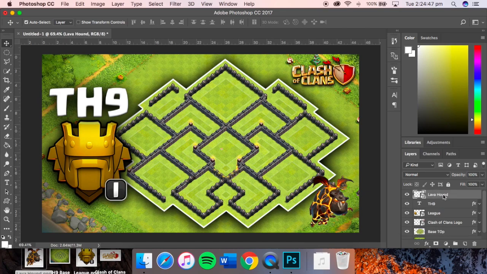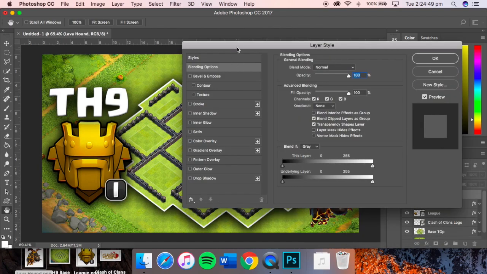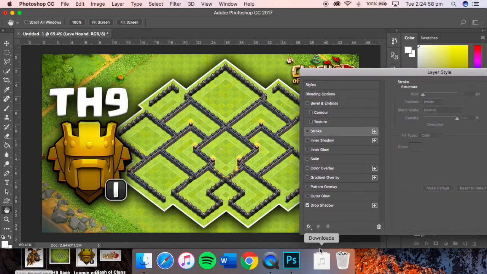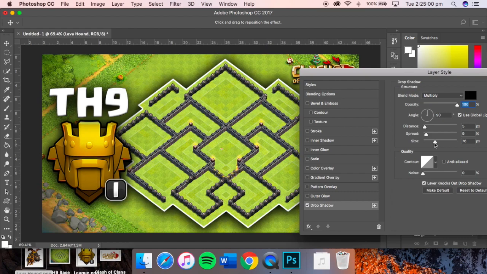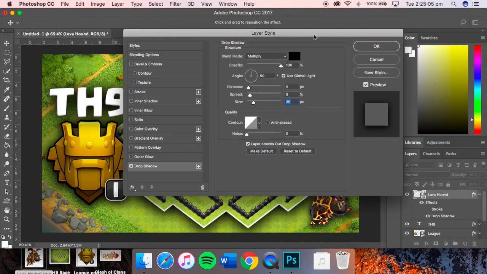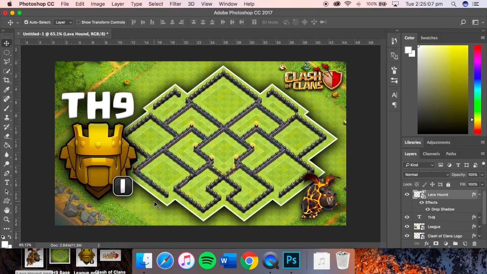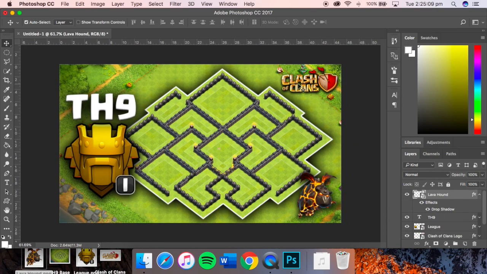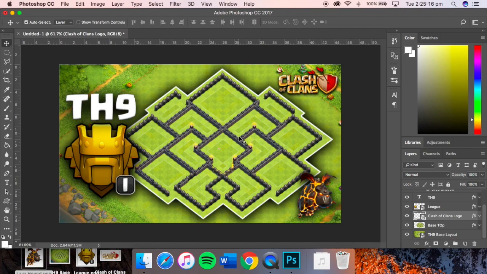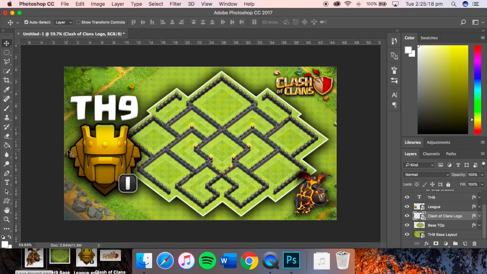But we'll go back to the Lava Hound here, right click it, go into blending options, and I'll just add a little drop shadow to this just to make it look nice. Stroke, nah, that doesn't really work, but go ahead and play around with the drop shadow. And yeah, that probably looks okay enough, but that's pretty much the finished one. We'll just make the Clash of Clans logo a bit bigger, just so it's a bit more visible. But yeah, that's pretty much the